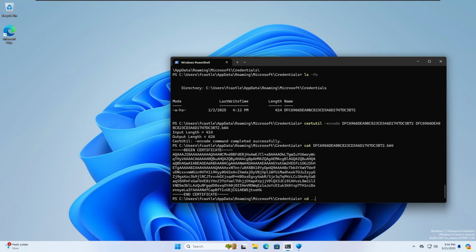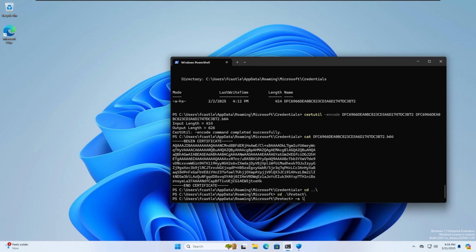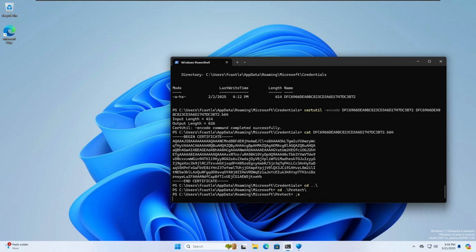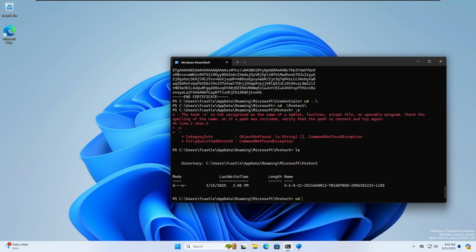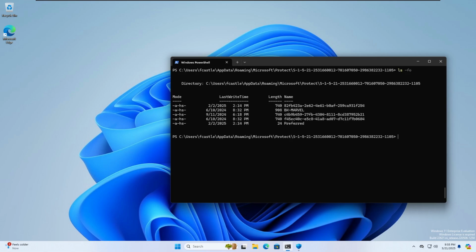I'm just going to go to protect. Let's go to our suite and let's do this .com. And we're gonna do the same base64 command for all these 3 master keys because we know which one we're gonna use. Let's type again certitude